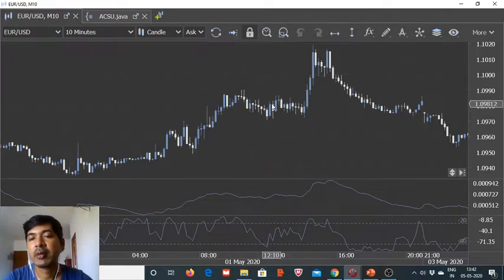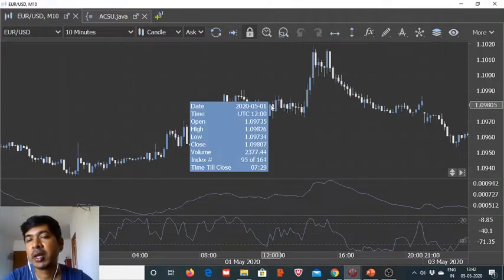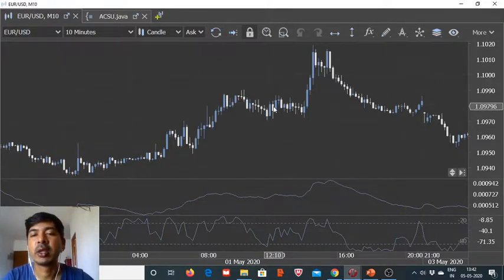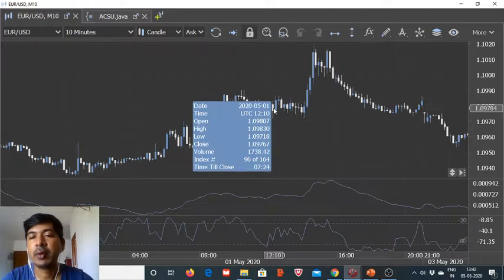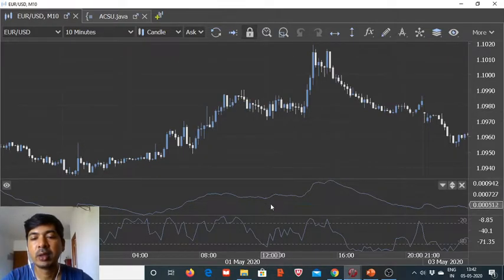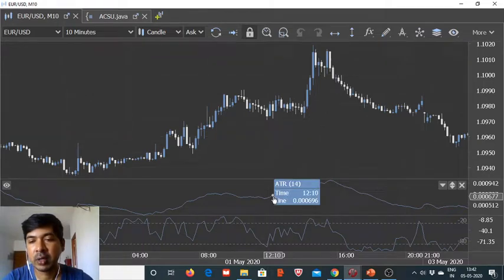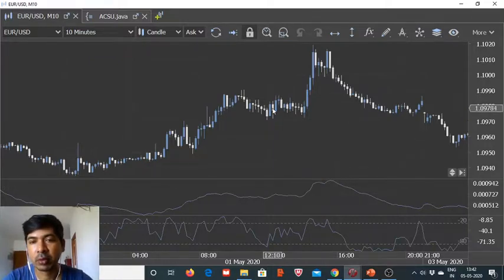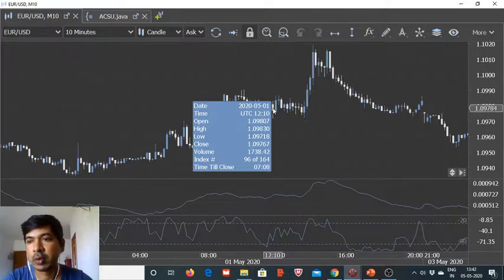Again, the value should start to fall below 30% of the ATR from the last candle's closing level, and then we will sell, and the target price would be the ATR again. So here the target will come somewhere close to 7 pips, as we have the ATR of around 6.9 pips. So suppose we sell somewhere close to here, let us assume,